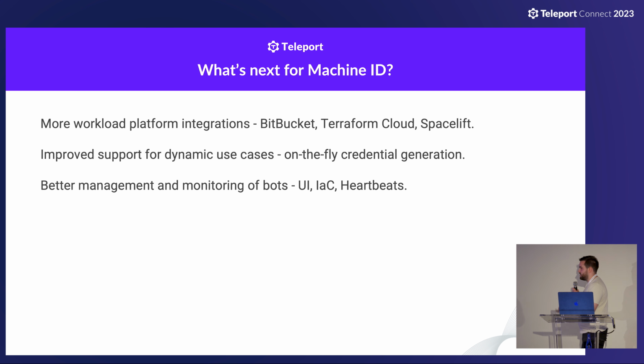And I'd like to add heartbeats. You may be aware that at the moment Teleport agents send up a heartbeat every so often to the Teleport cluster, and that includes things such as what version is running and if it's healthy. That's great if you want to step back from your cluster and work out, hey, which of my nodes do I need to update? I'd love to provide the same experience for Machine ID.